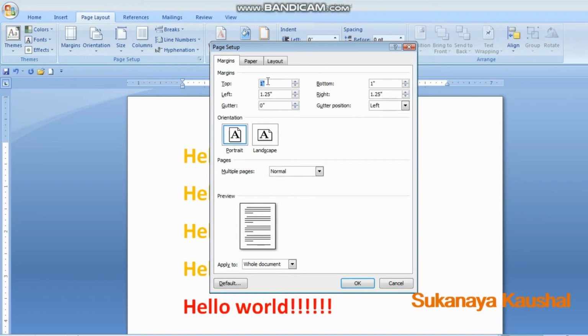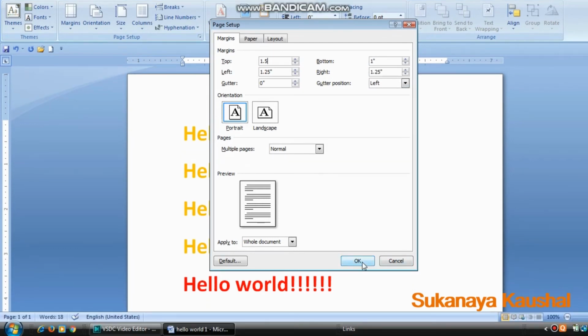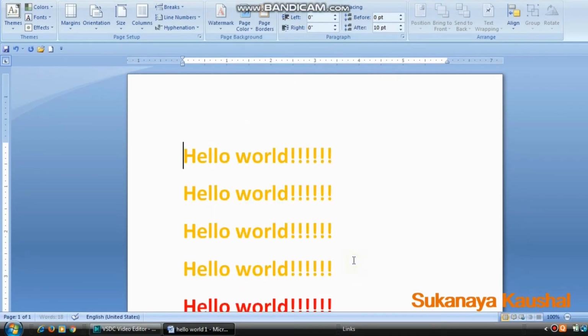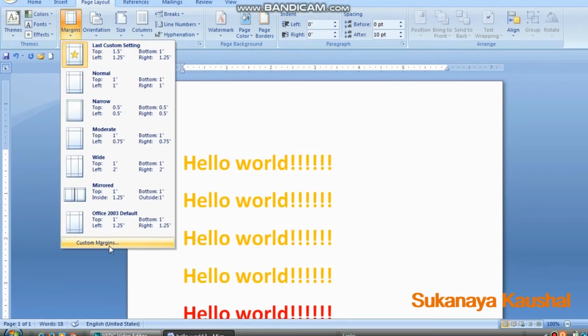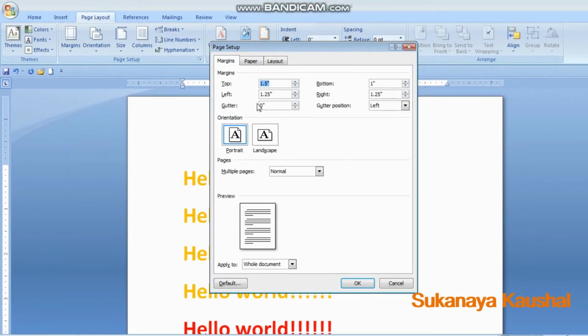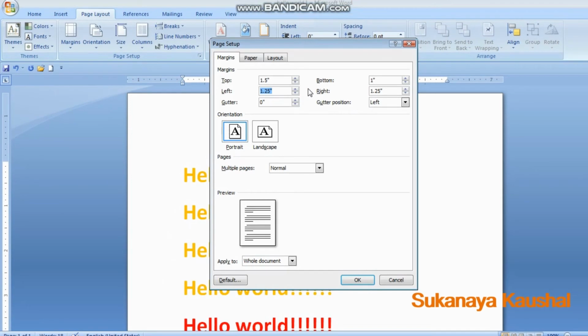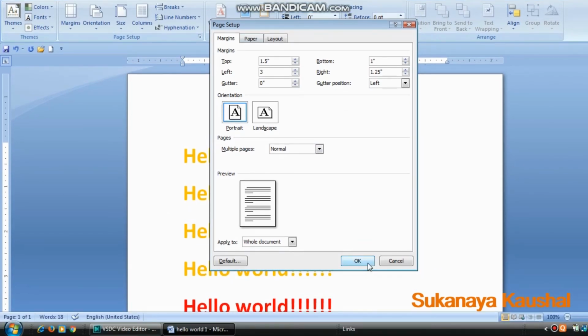Just suppose I am changing some of the values here to 1.5. Next, if I go in custom setting and want to change my setting from the left side, I just change it to 1.523.